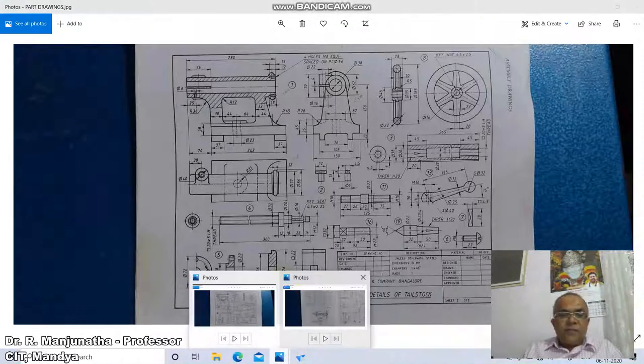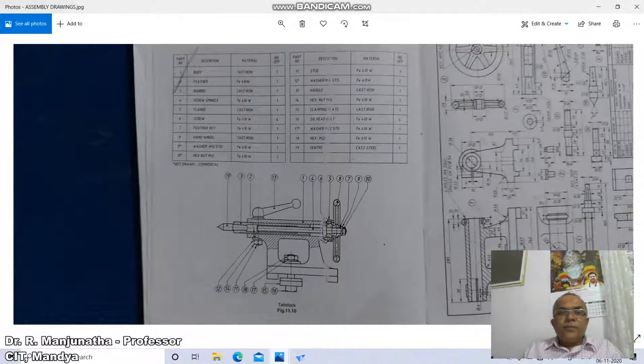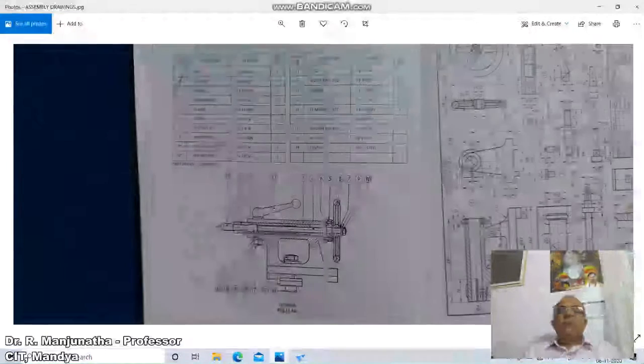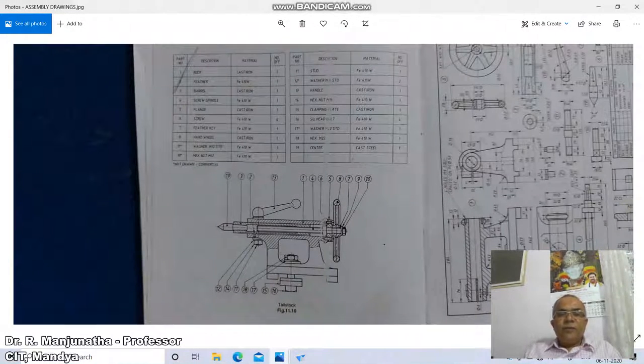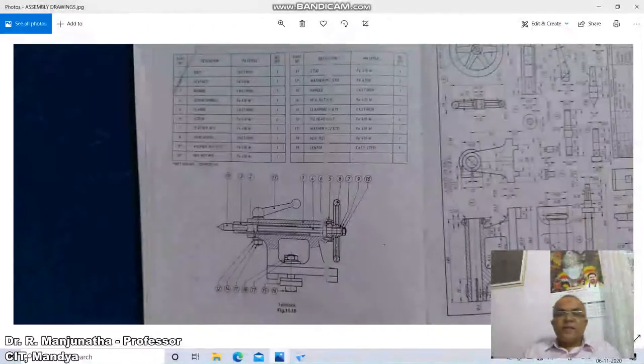Hexagonal nut, M22. M22 means 2 times the diameter and 0.9D, which is going to be the thickness of the nut. So first we are going to construct the hexagon.